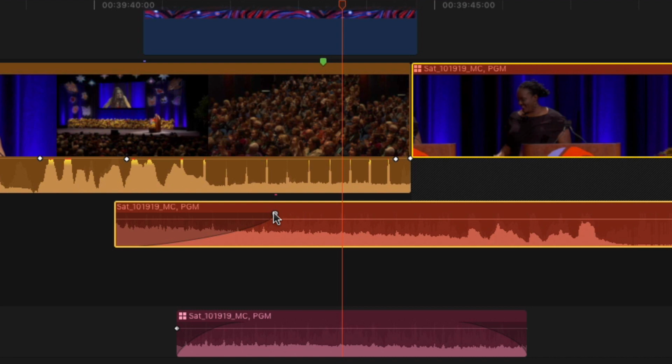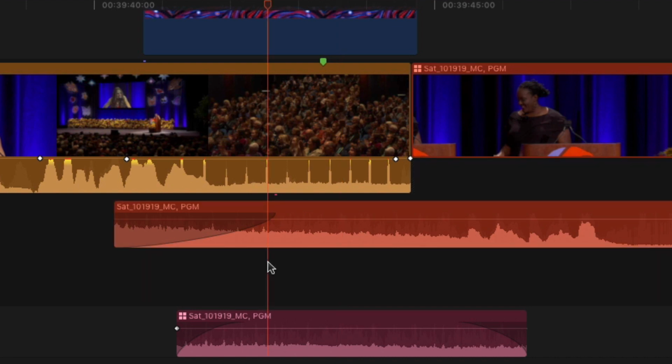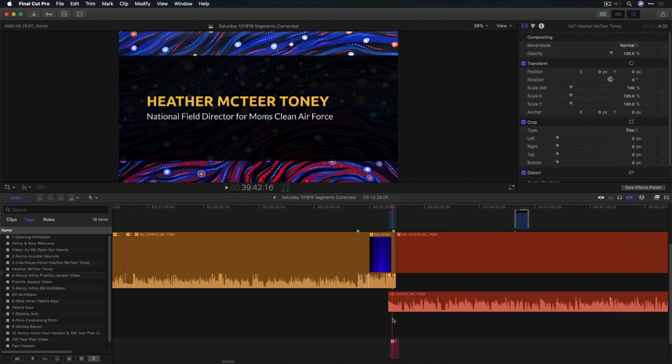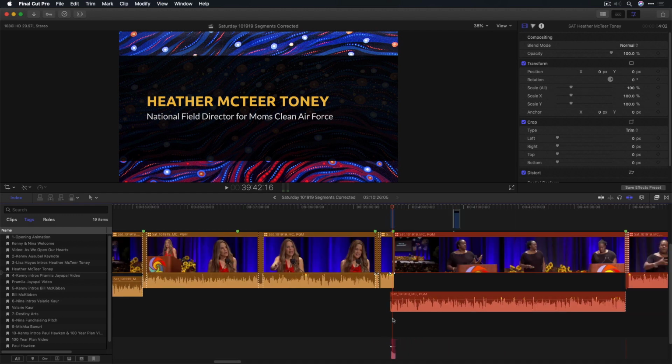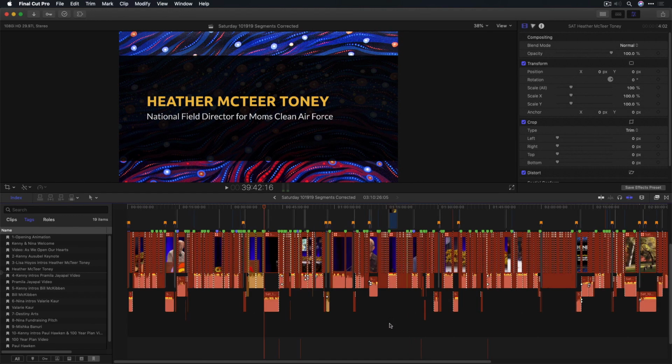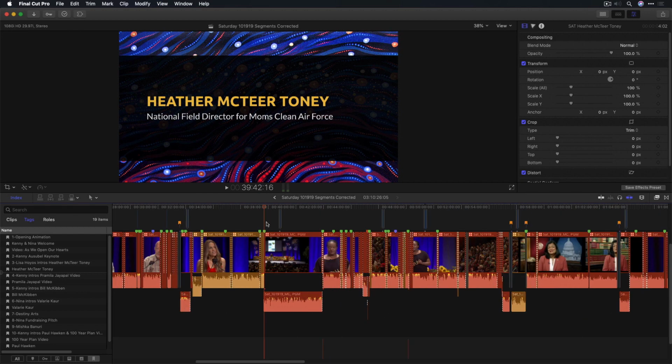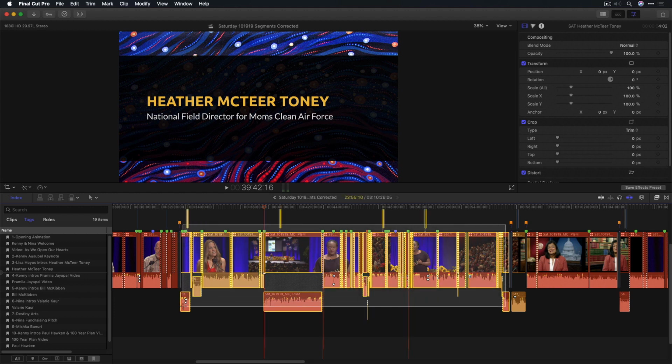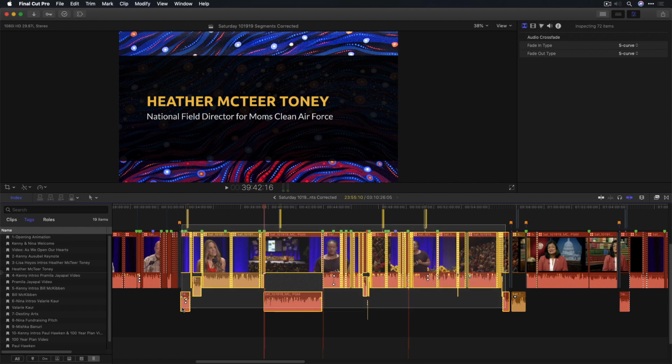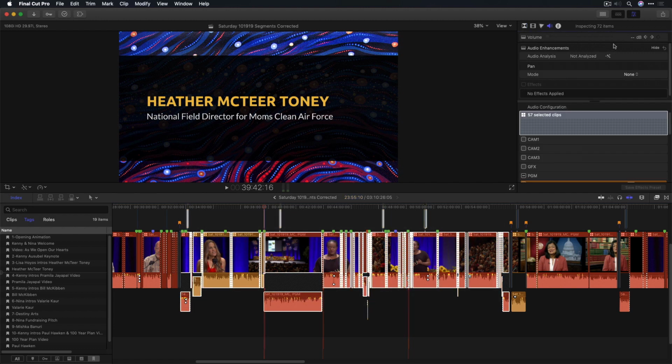So one more tip on the audio is if I zoom out a little bit, and you need to adjust an entire section. So I may have one speaker between these two chapter markers, and the entire section is low. Maybe the speaker speaks a little softer or they adjusted the audio. Well, if I select the whole thing and I go to the audio inspector just to see it here, if I press the Control key and press minus or plus, it will add or subtract 1 decibel at a time